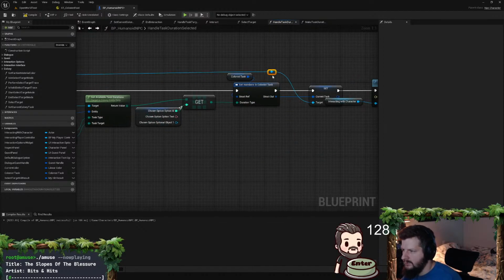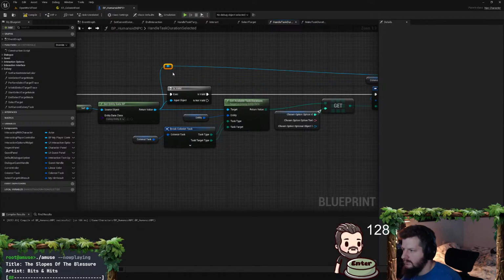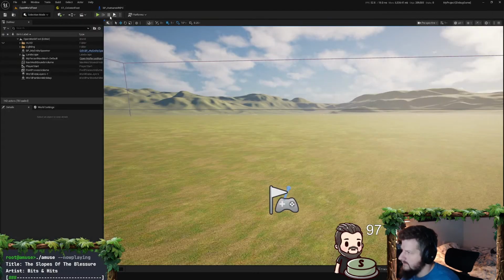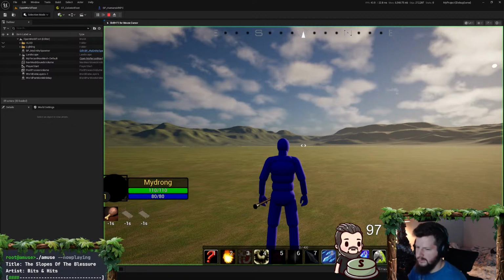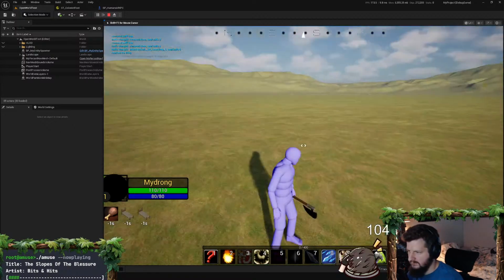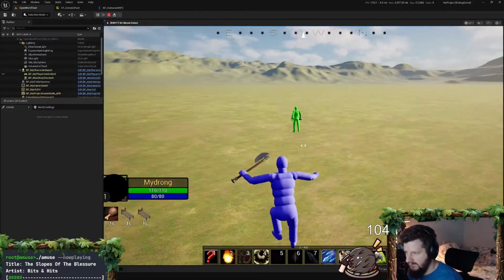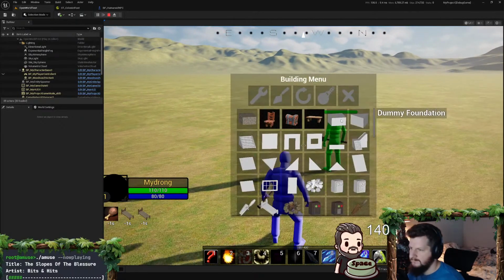I hate them so much. Quite annoying to organize. Okay, compile that. Okay, so now he should end and basically, I think this is just gonna probably fail